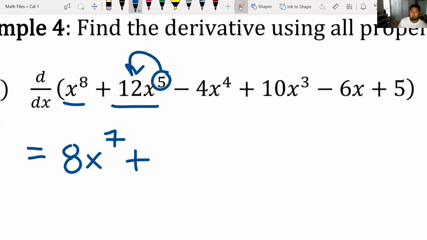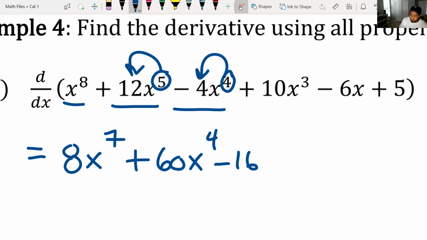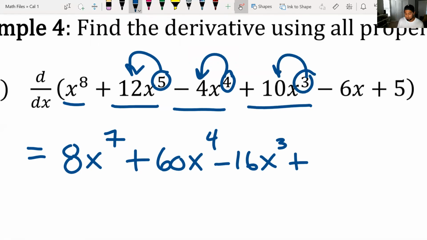The 5 comes down, multiplies the 12. 5 times 12 is 60. Take 1 away, 60x to the 4th. Let's take the derivative of negative 4x to the 4th. Same thing. This 4 multiplies that 4. Negative 16x, take 1 away, 3. Plus, let's do it again. Derivative of 10x cubed. 3 comes and multiplies the 10. 30x, take 1 away, 30x squared minus